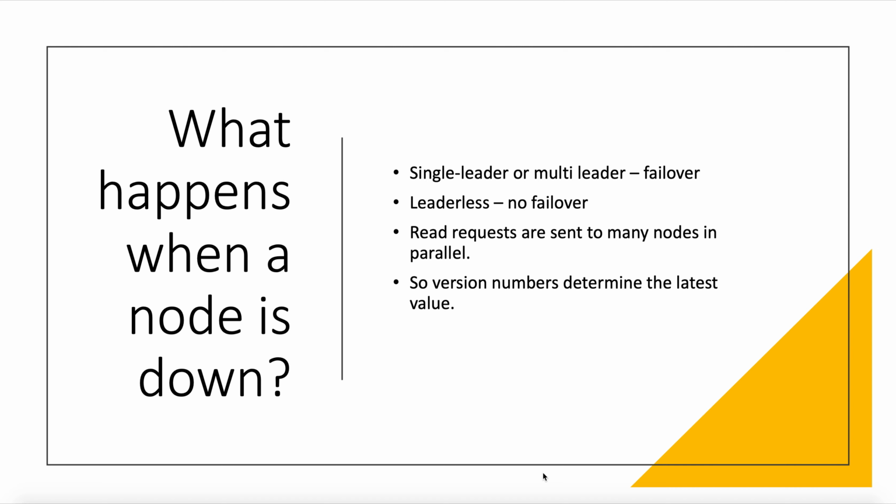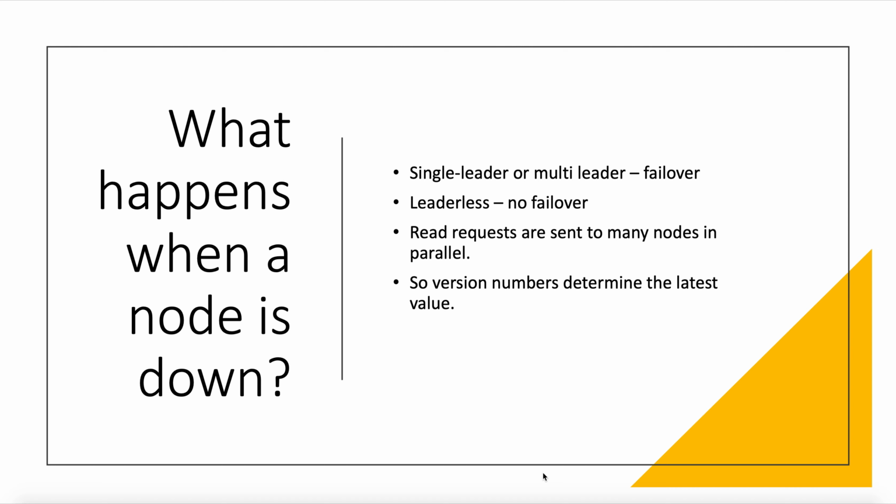Let's see why. What happens in leaderless is that the client sends the write to all the 3 replicas in parallel, and the 2 available replicas accept the write but the unavailable replica misses it. Let's assume for now that it is sufficient for 2 out of 3 replicas to acknowledge the write and then send the 2 OK responses back to the user. Thus the client will ignore the replica which missed the write, and it will accept the 2 OKs and consider the write to be successful.